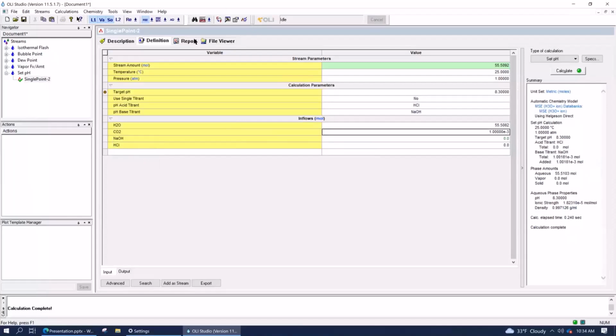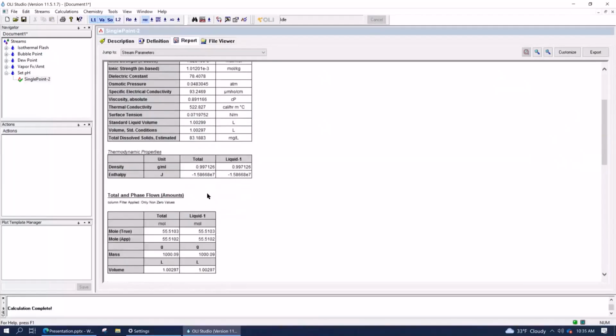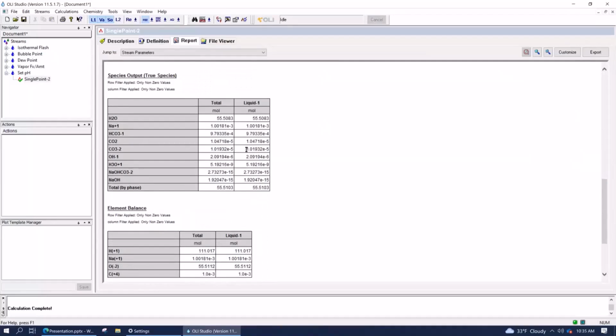Let's go to the report. Take a look at some of the properties. There's my 8.3 pH. I've got 25 C in 1 atmosphere, as I know. Go down, maybe some more information that I'd be curious about, but not really here. We're just going to go right to the speciation table. And now this here, I'm hoping this here is kind of like what you were looking for. This is telling us how the materials are distributed, the cations and anions are distributed in the water. I'm sorry, or what the composition is in the water.